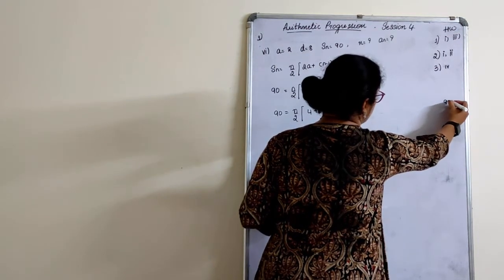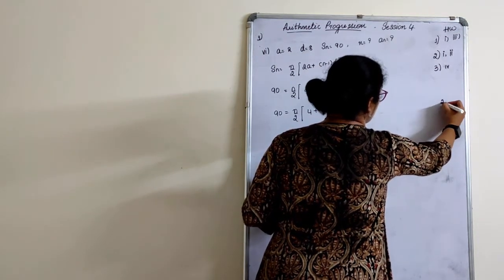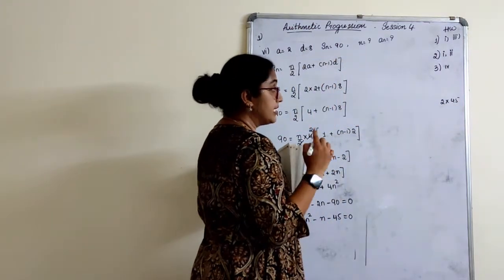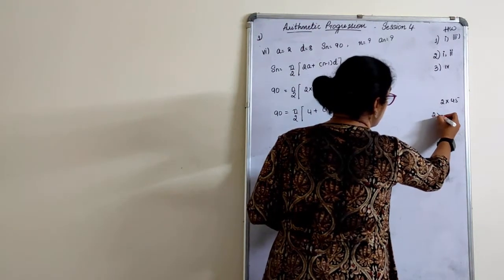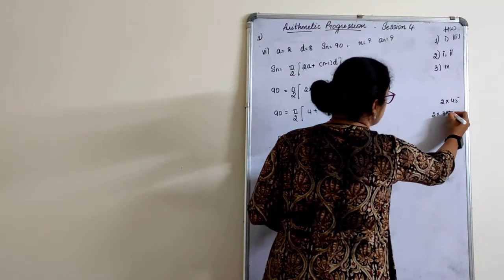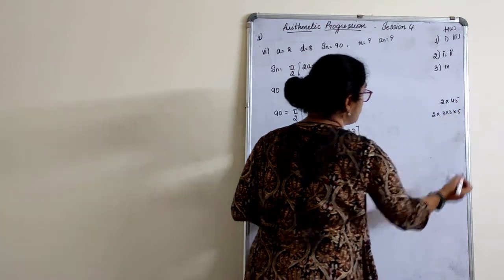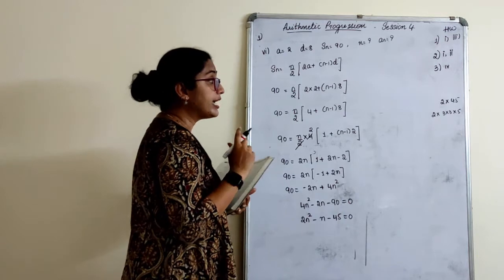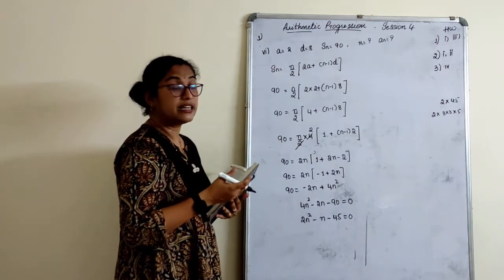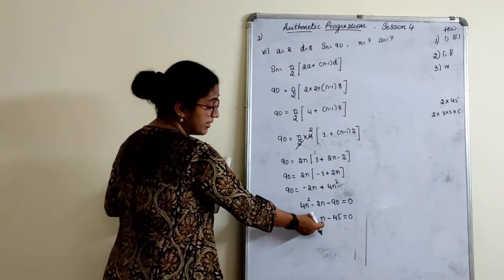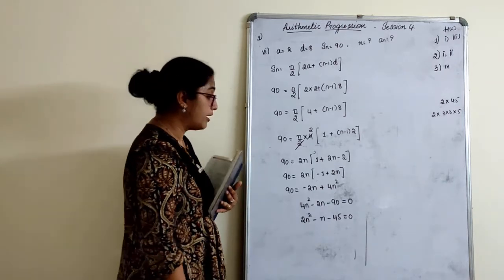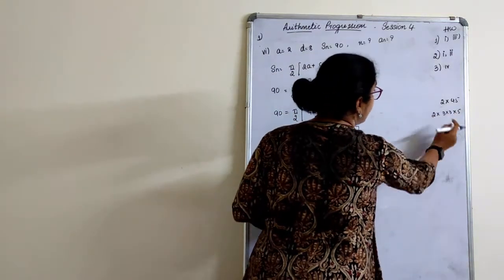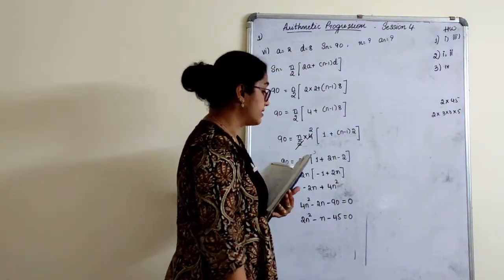If you want, you can factorize this, or 2 into 45. So 2 as it is, 45 can be written as 9 5s are 45. 2 into 9 is written as 3 into 3 and 5. So you have factors as 2, 3, 3 and 5. Try to multiply them and see that when you add and subtract, you have to get 1, and when you multiply, you have to get 90. So 3 3s are 9, 5 2s are 10. So 9 10s are 90.